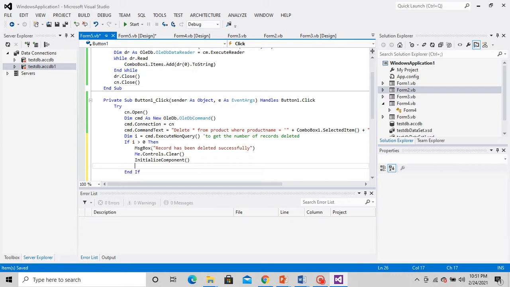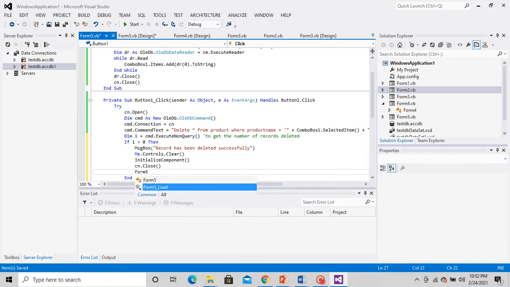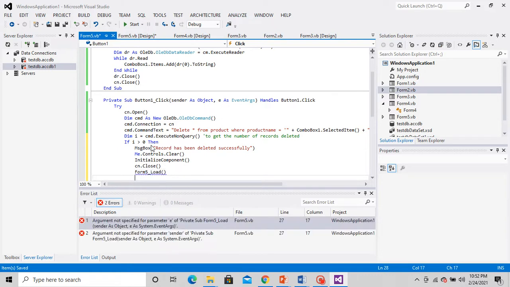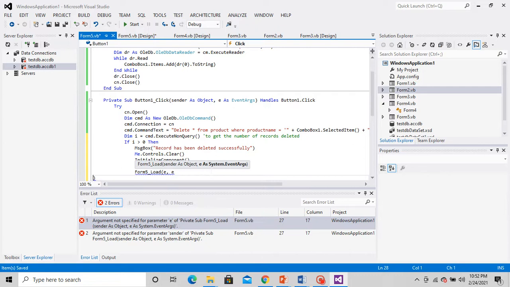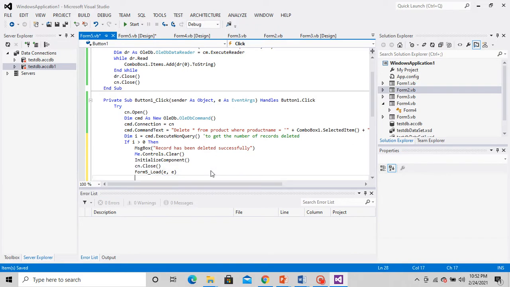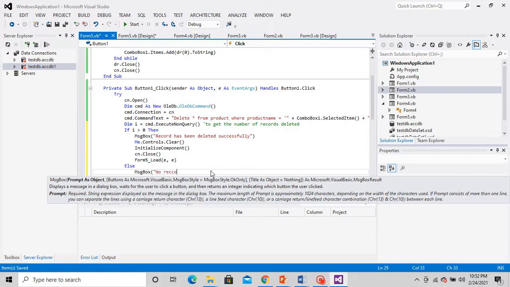Now, I'm loading the form once more. In the else part, we will type the message which is to be displayed if it fails to delete the record.